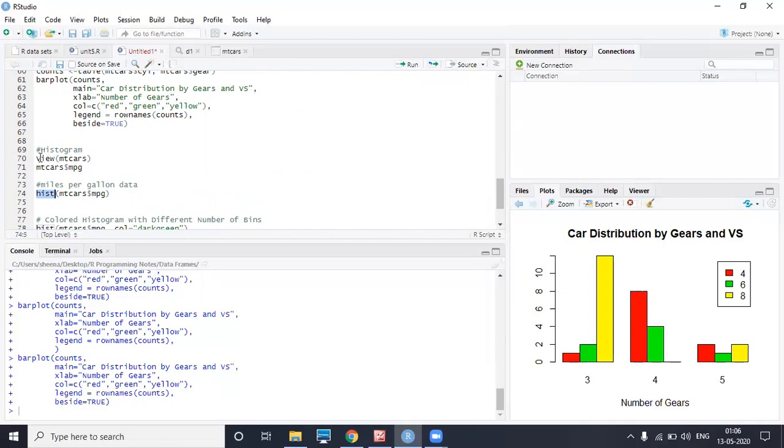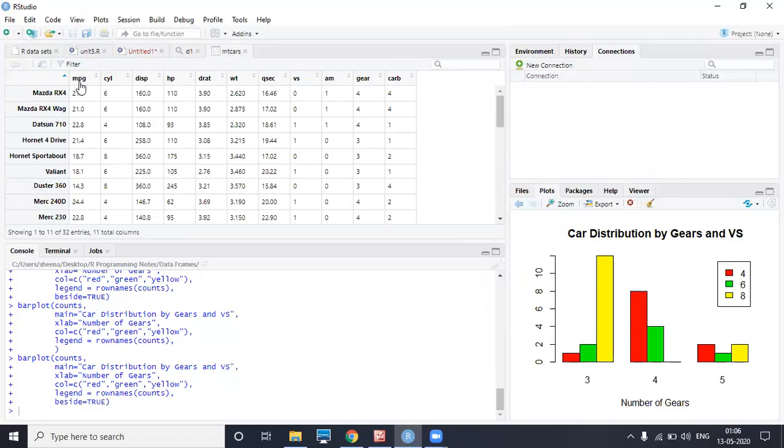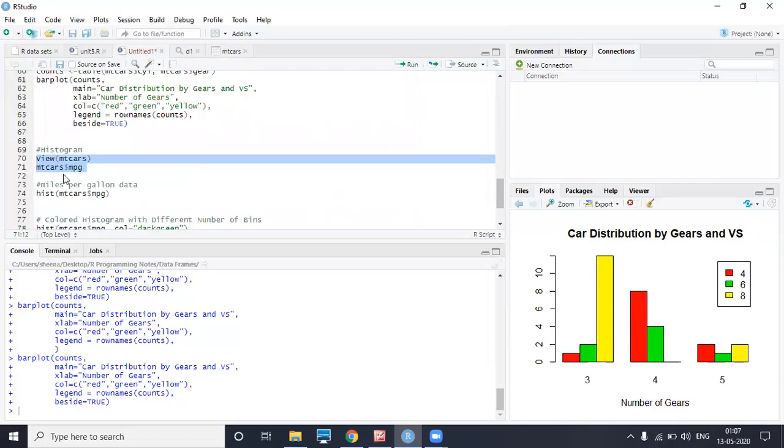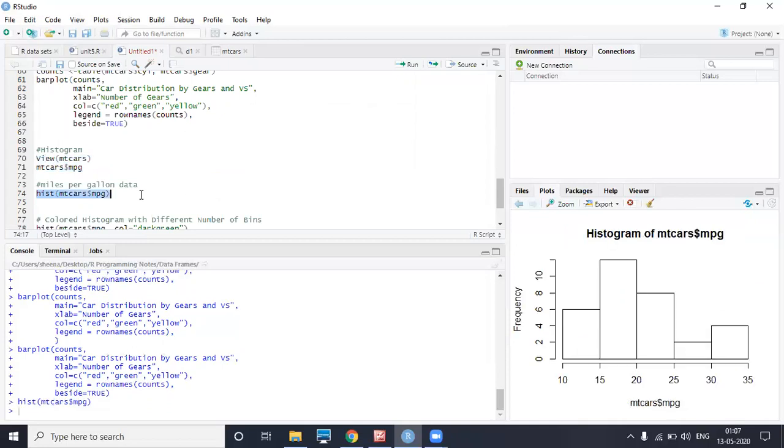So first we will take an example. I have MPG. In the mtcars data we have an MPG column, so various MPG values are given. So I will use that MPG and create a histogram of it. For MPG, the histogram shows ranges like 10 to 15.